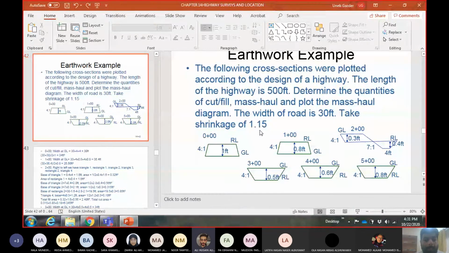Can the shrinkage be minus? No, always positive. You do compaction and you remove air from it. The material will not swell. I mean, positive is for fill, maybe minus for cut? No. For cutting, we are not bothered about the material then. You cut the material, then you throw it. It is not in your use now. When it was on the ground, it was compacted.